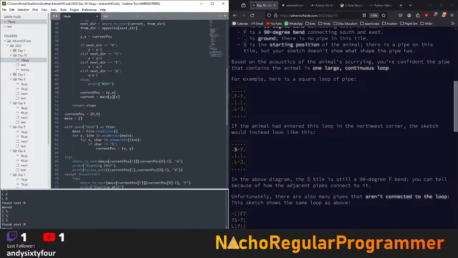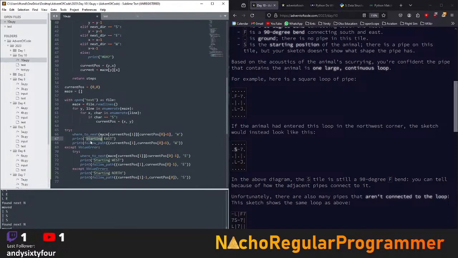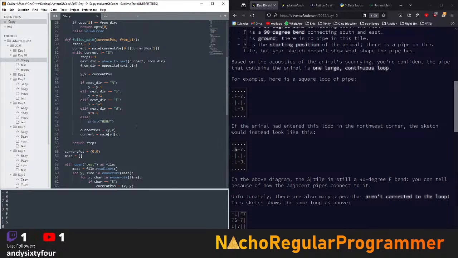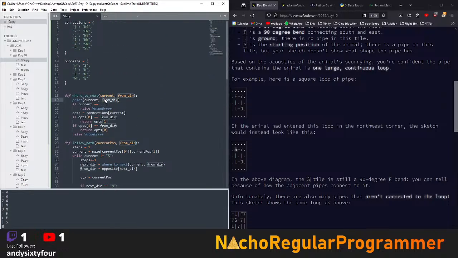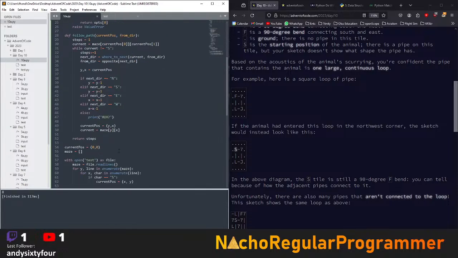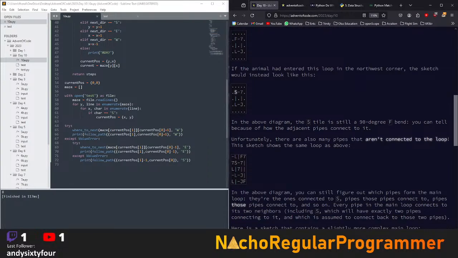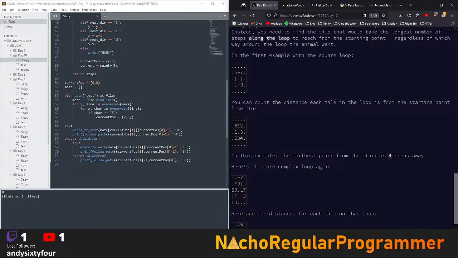Getting rid of all of my unnecessary prints. There's still one somewhere. That one. So it took 8 steps. But obviously the answer isn't 8, it is 4. Right, so in the first one, it is 4. So the answer